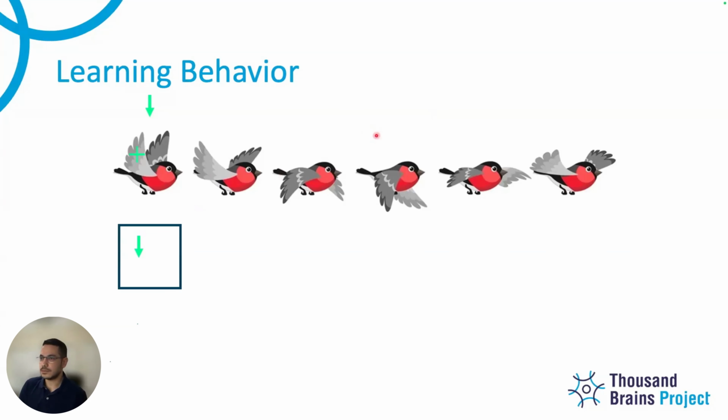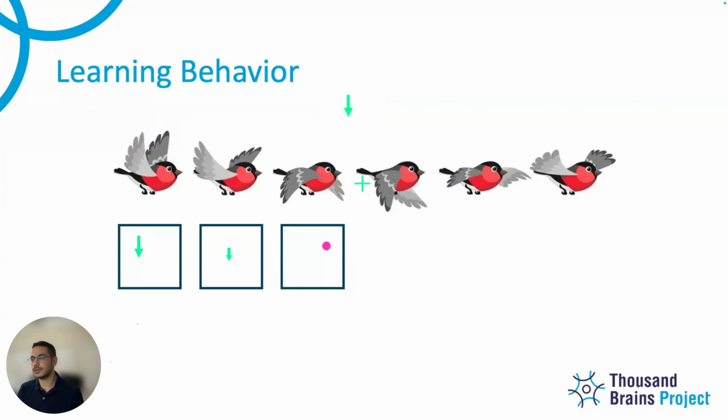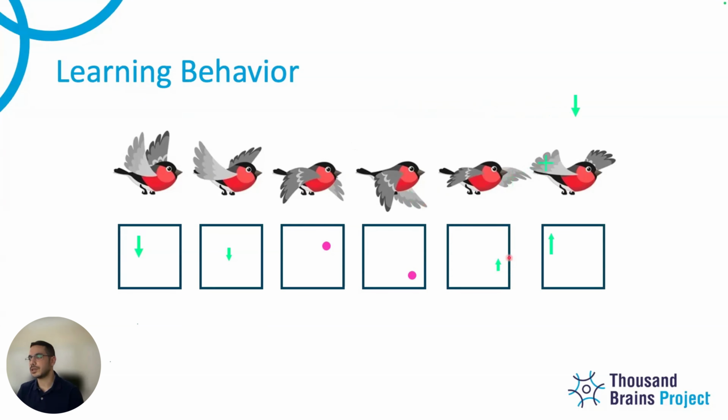So the problem is understood, but let me just go through the problem again. We're here, and as we move the sensor, the object moves at the same time. When I have these pink dots here, that's basically saying there's no movement, so we're not really storing anything here. There might or might not be, it's just an example. But as we keep moving like this, we're storing those changes at these locations. And we've learned a behavior. These are all observations. We've created a new behavior model, and we put these observations in the reference frame.